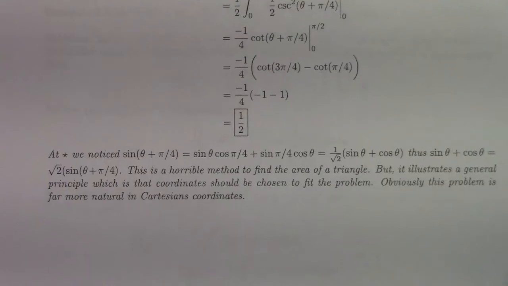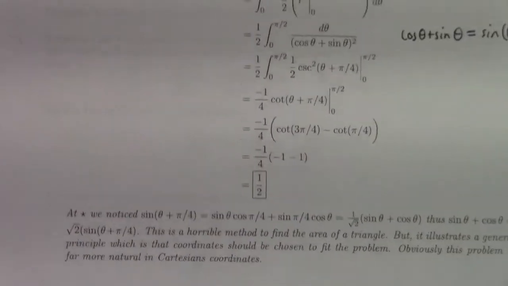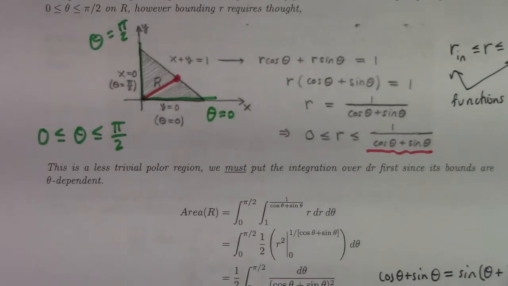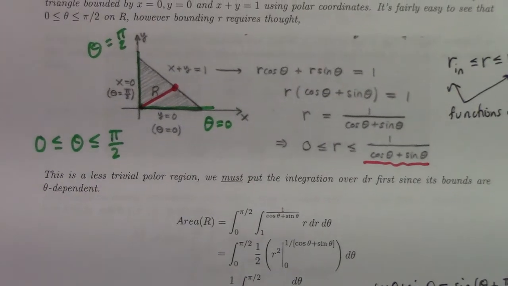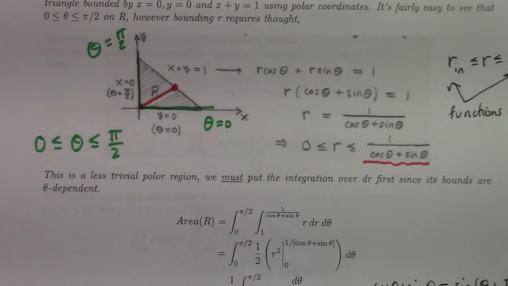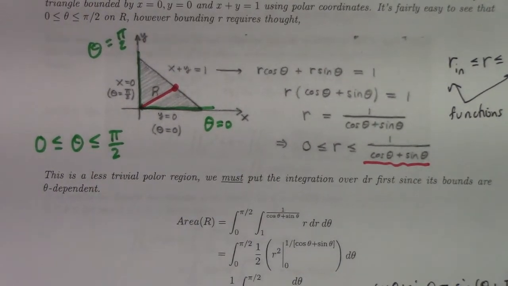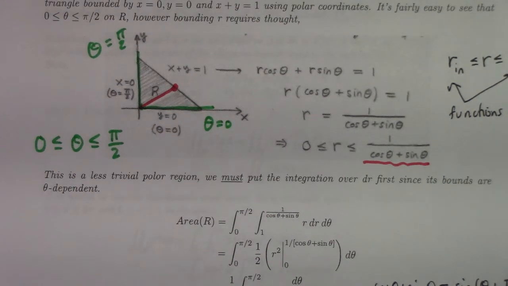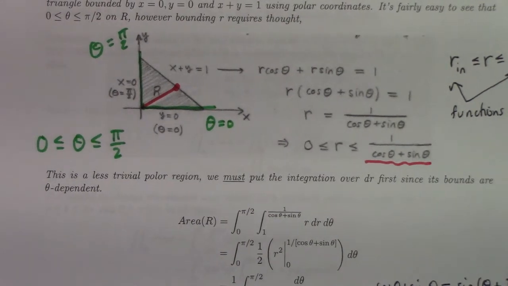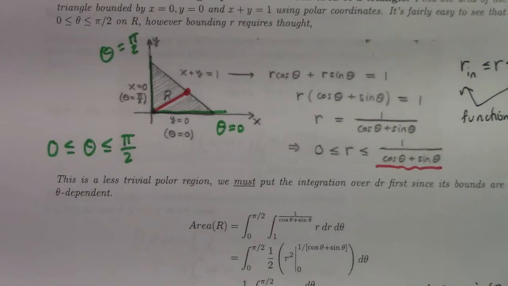Yeah. So is this the right way to do this problem? Absolutely not, right? Because this problem is not something that really involves circles, or even, I guess it sort of involves rays, but certainly this problem is much more natural in Cartesian terms. So